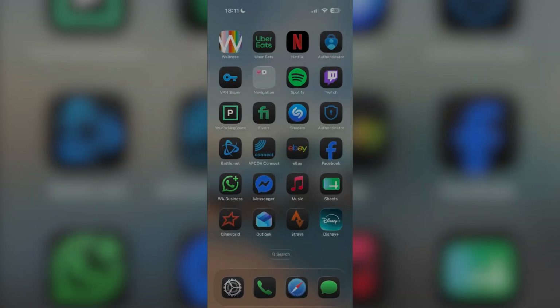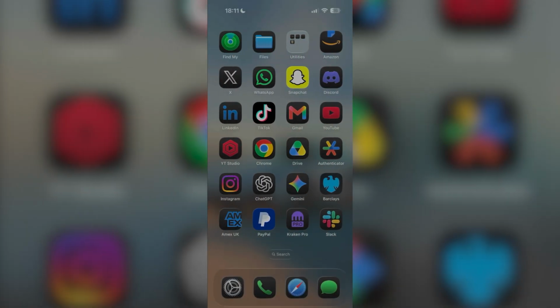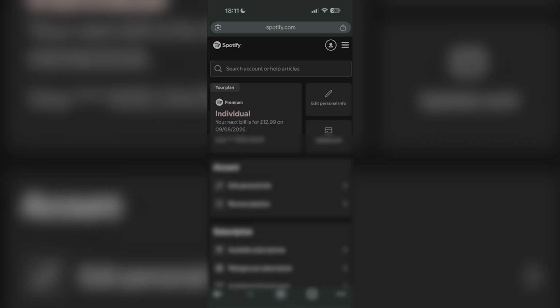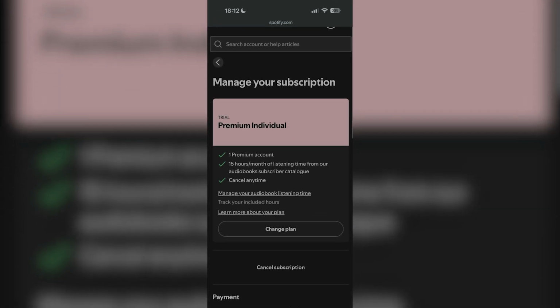But on another account of mine, I have the premium version of Spotify. What I want to do is go over to my browser of choice, then type in Spotify, and I'm going to see Spotify right there. Now, what I'm going to do is click my profile icon on the top right. As you can see, I have a billing thing right there. Go ahead and click on premium like so, and then I can change the plan, but it